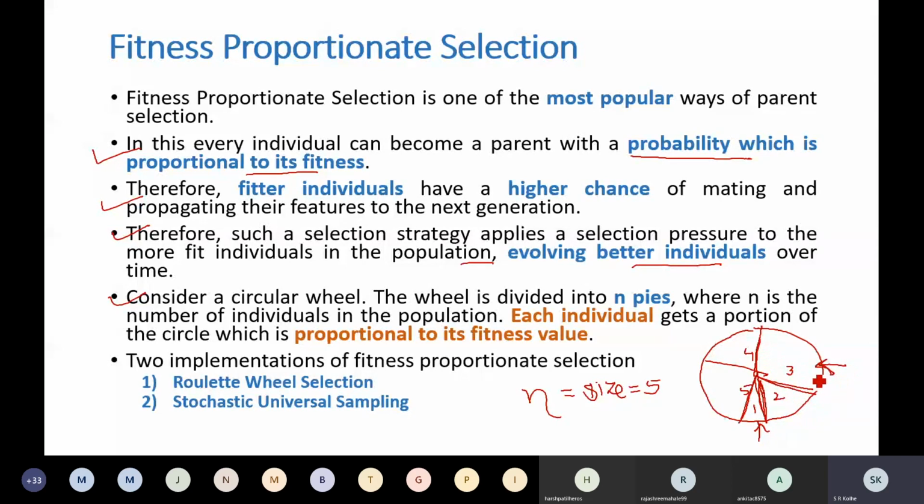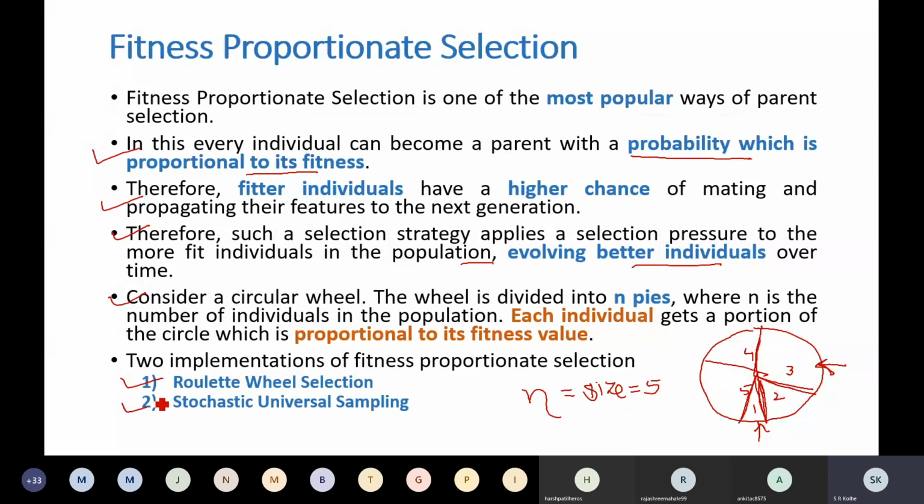Because fitness of 3 may be the highest, therefore 3 has got more portion of this circular wheel. So in short, we are going to assign a portion of the circle depending upon the fitness value. If fitness is less, less portion of the circle. If fitness is more, more portion on the circle. Now this fitness proportionate concept has been used in two techniques called Roulette wheel selection and stochastic universal sampling.